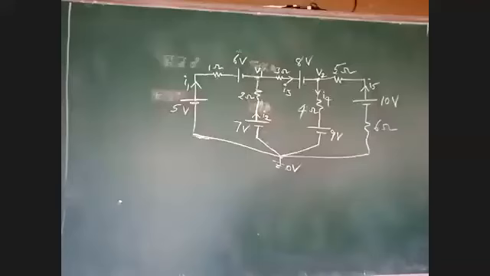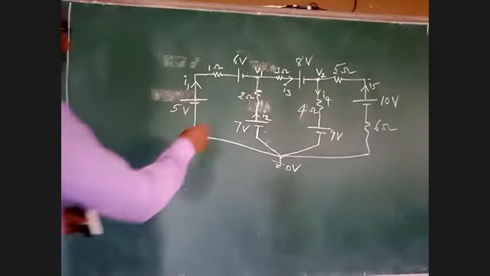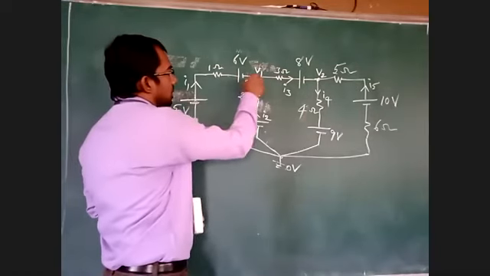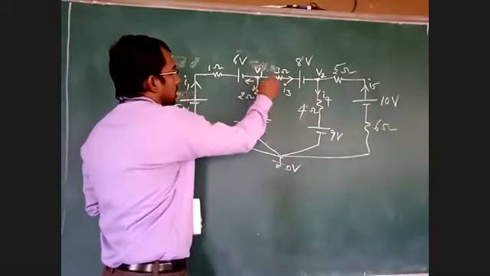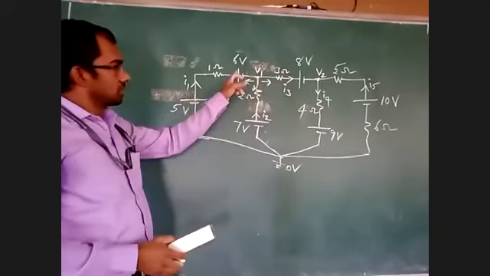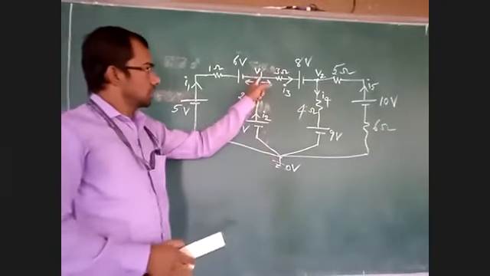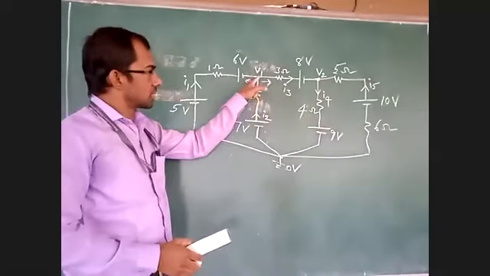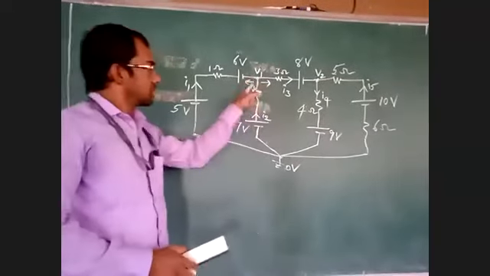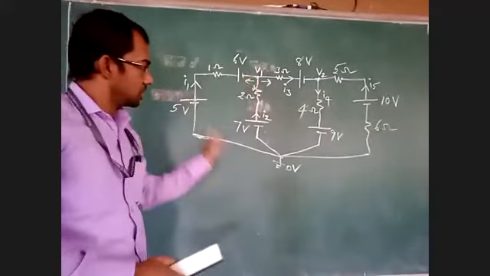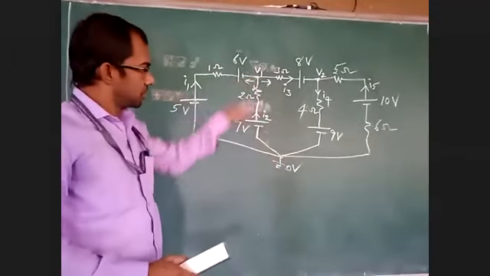Now see here, we have 2 nodes, V1 and V2. First of all I have to determine node voltage. If you want to determine the branch currents I1, I2, I3, I4, I5, we should know the node voltage. So for that, I am assuming all the currents are leaving from the node. Here, for this node, 3 branches are connected. This arrow is clear, from V1 to 0. This arrow is also clear, from V1 to 0.